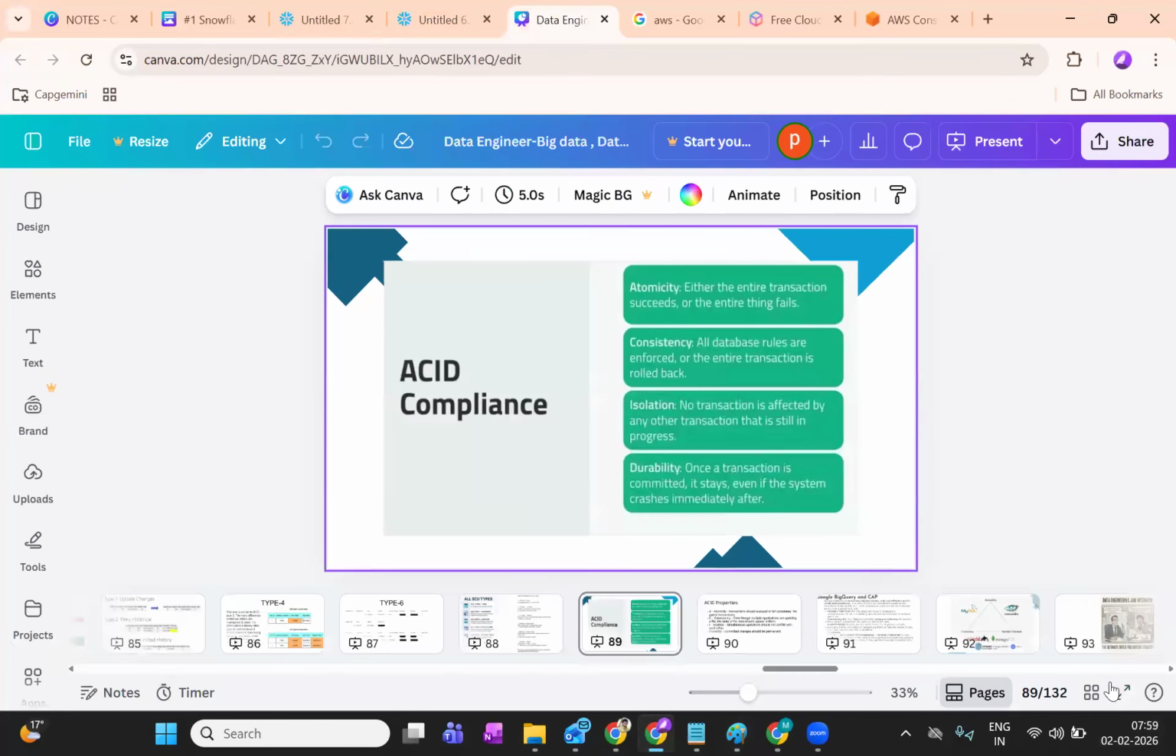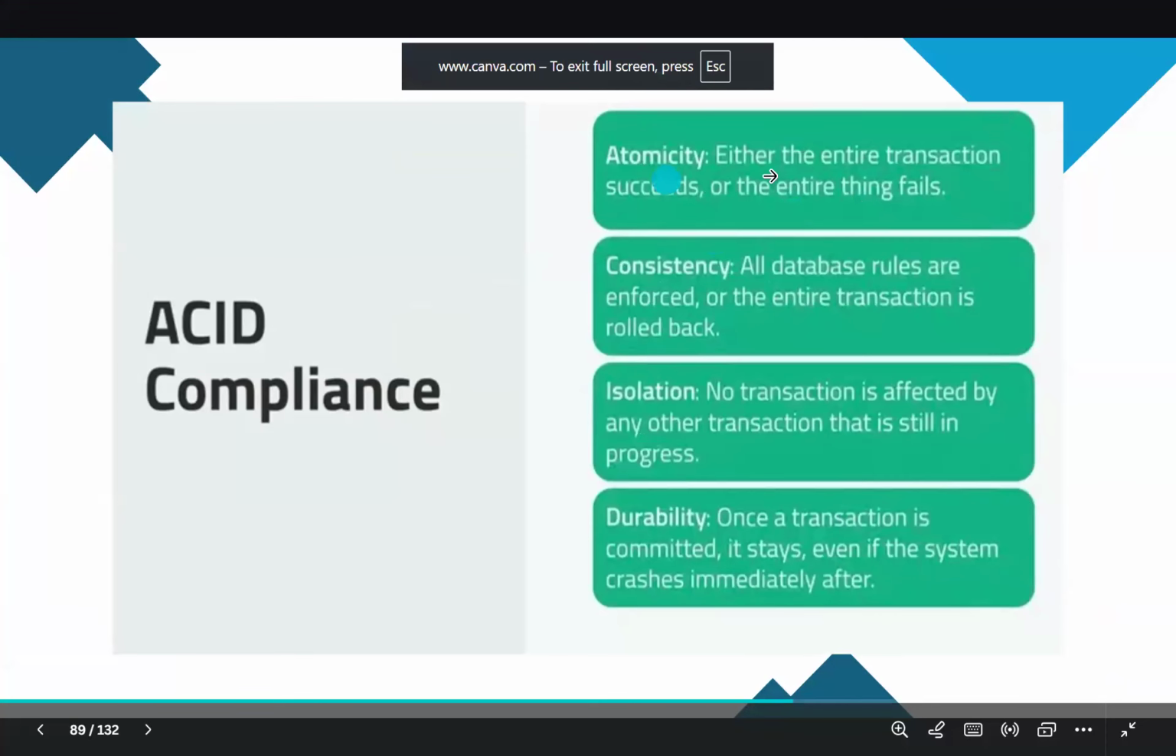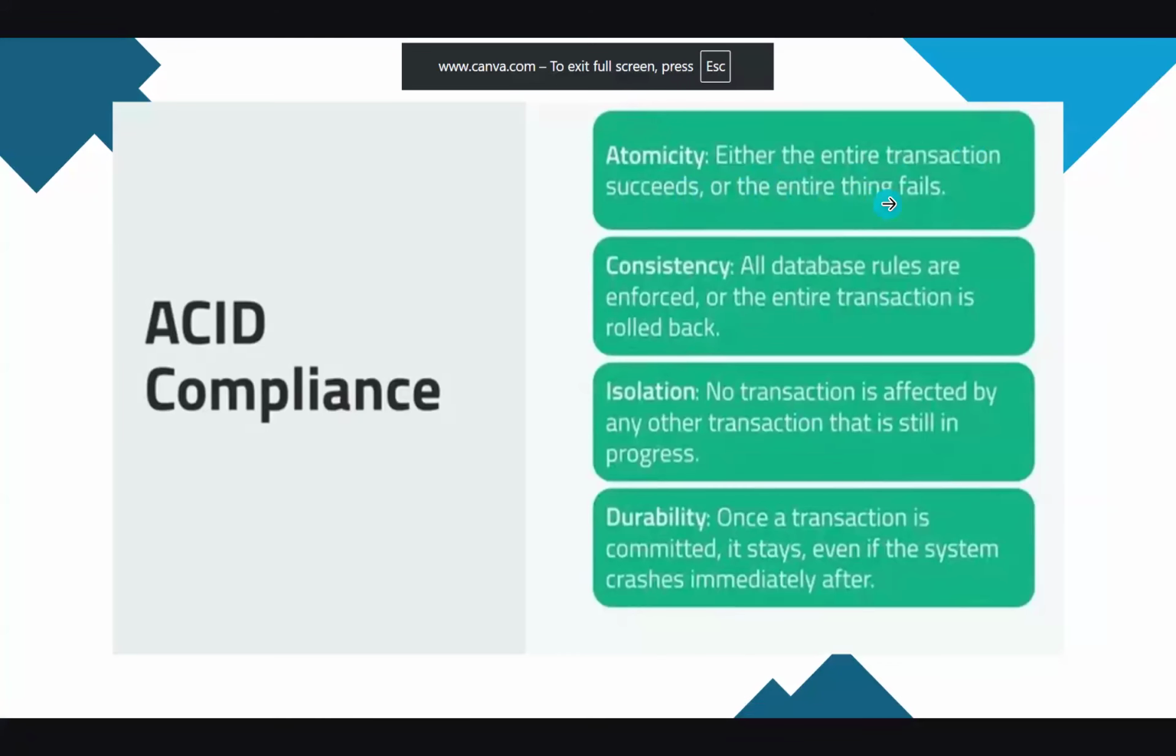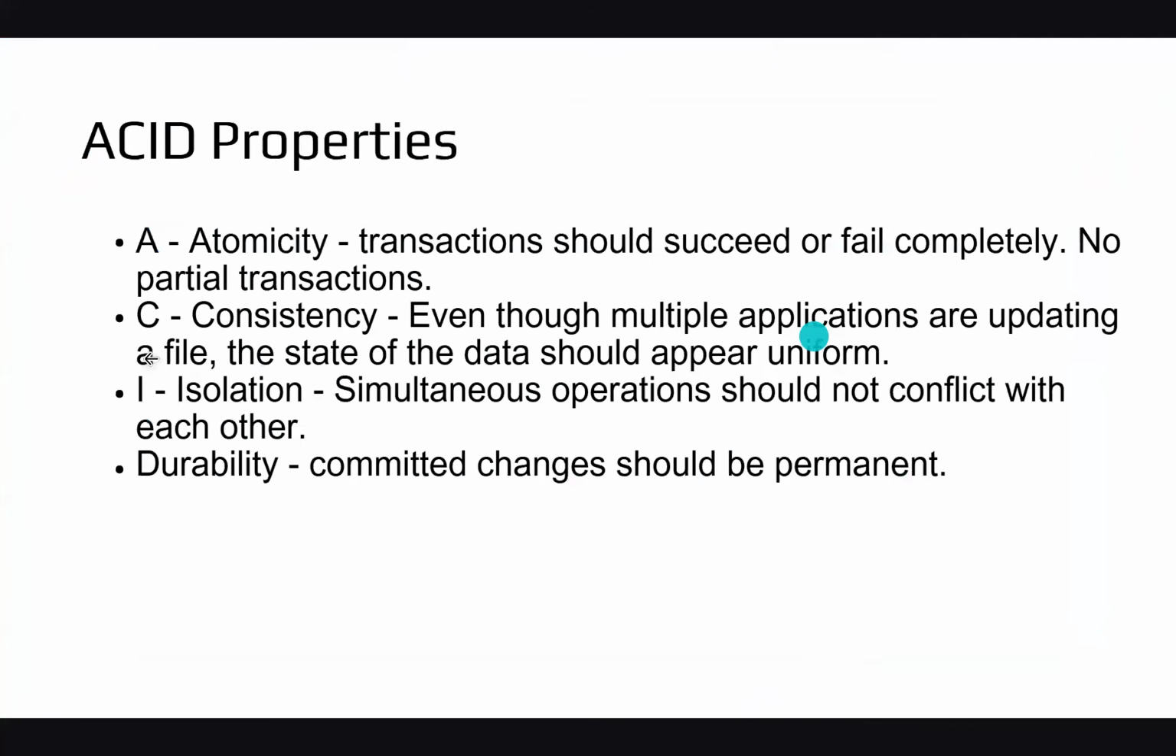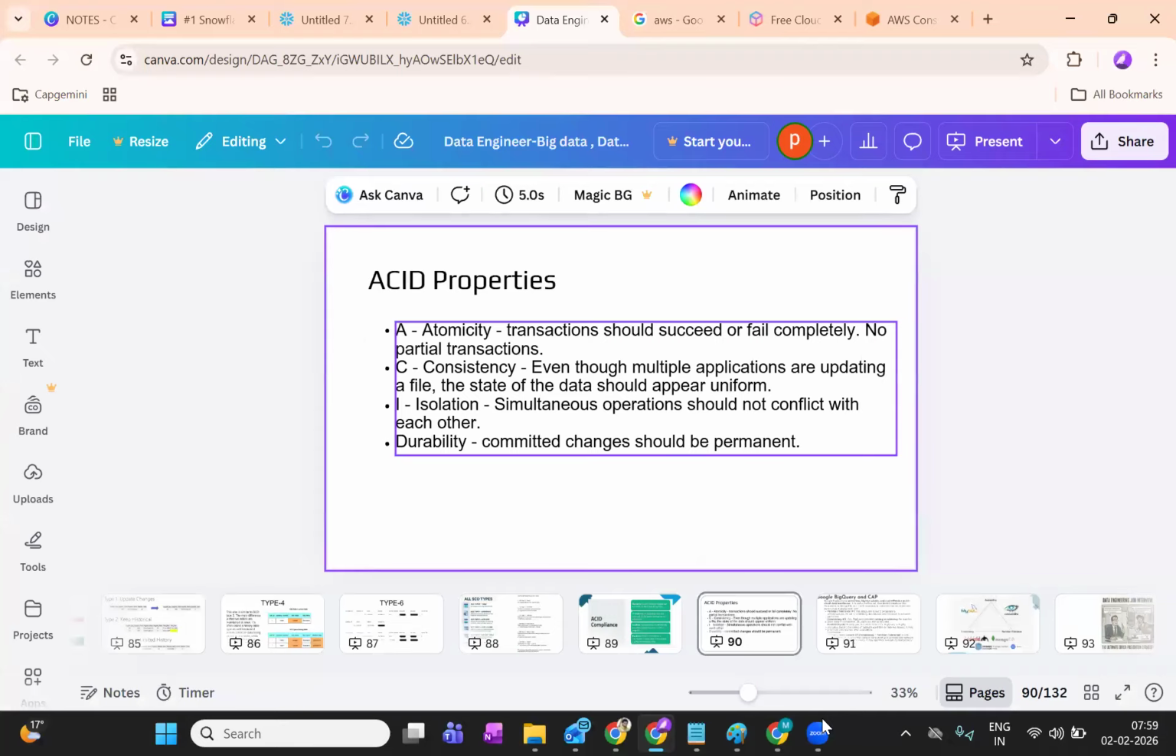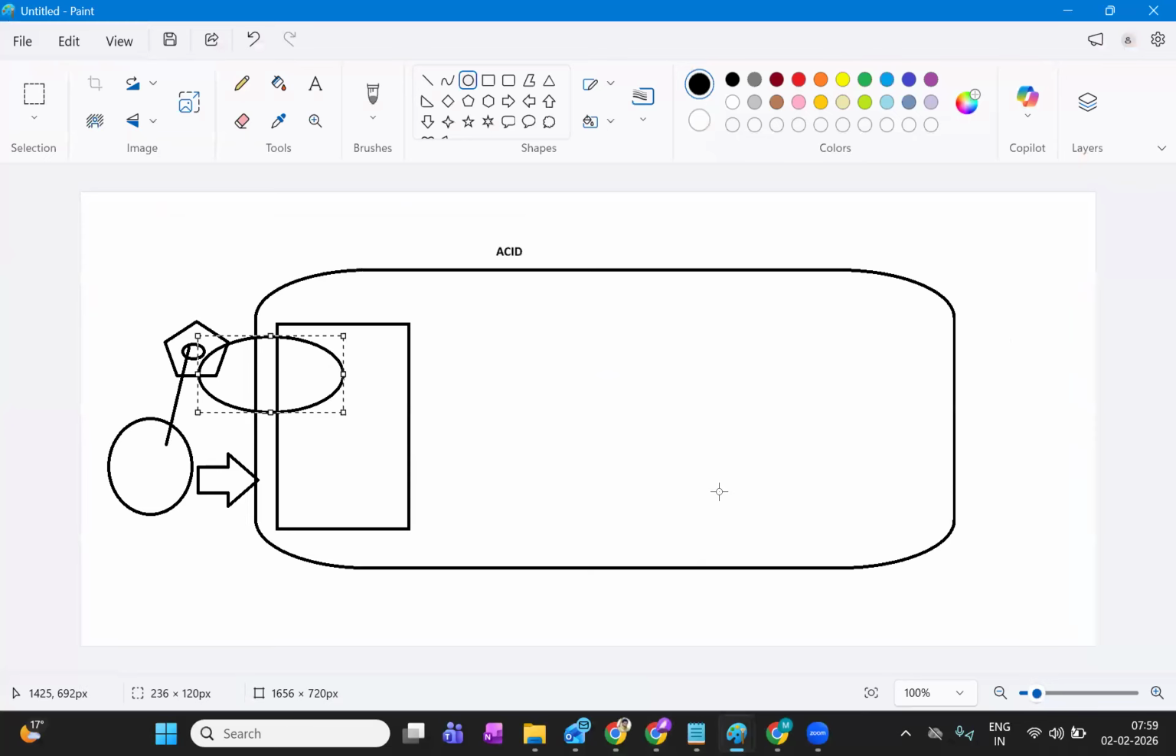So what do the ACID properties say? A means atomicity: either the entire transaction succeeds or the entire thing fails. Next, we have consistency: all database rules are enforced or the entire transaction is rolled back. Here I have given a more meaningful definition: even though multiple applications are updating a file, the state of data should appear uniform, which means